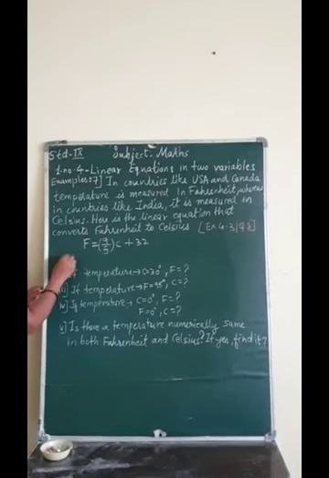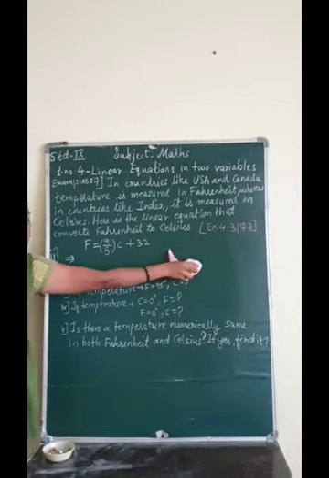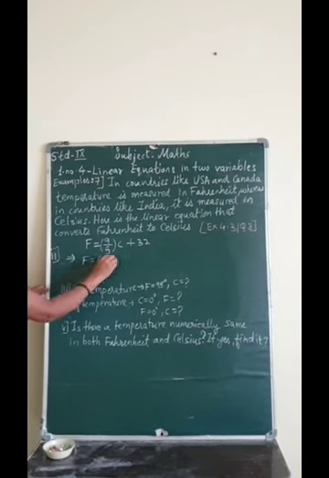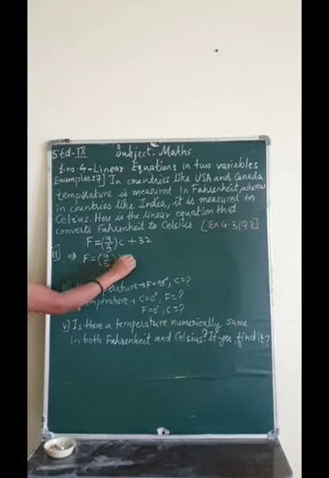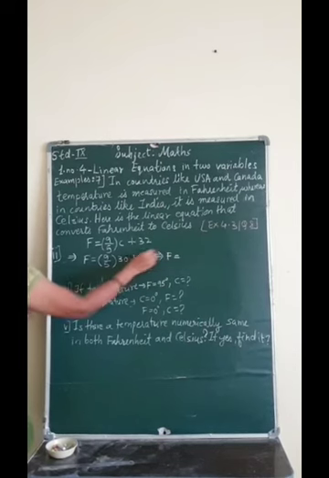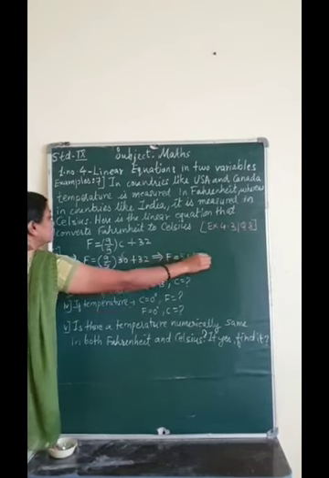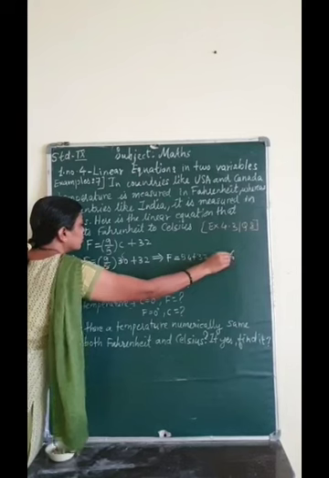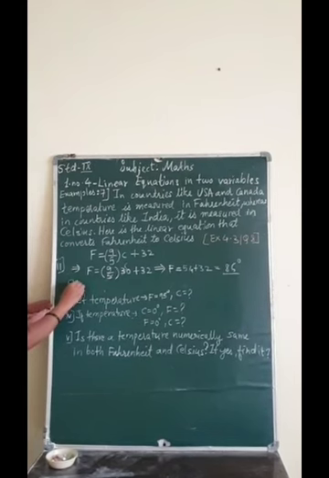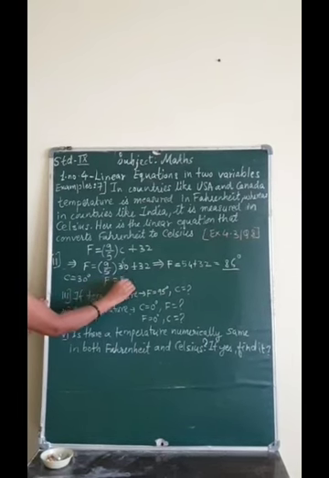So here, by taking for the second, we have F is equal to 9 upon 5 into 30 degree plus 32. So that gives us F is equal to 9 6 are 54 plus 32, which is equal to 86 Fahrenheit. So when temperature in Celsius is 30 degree, temperature in Fahrenheit is 86 degree.